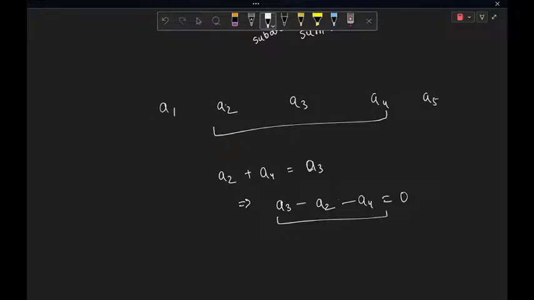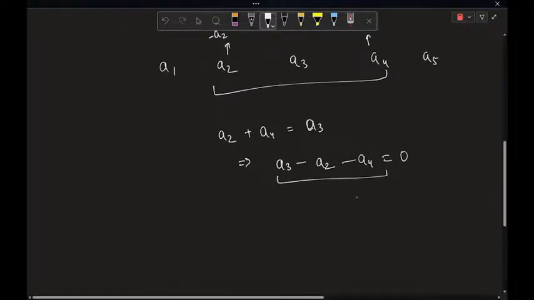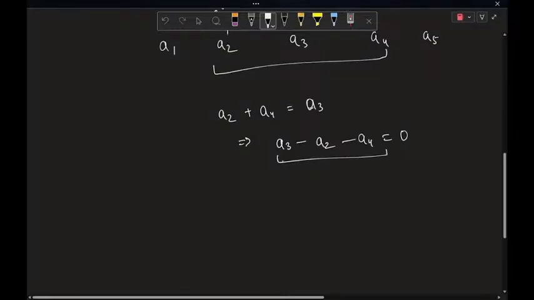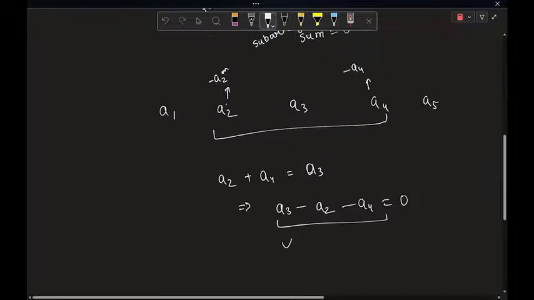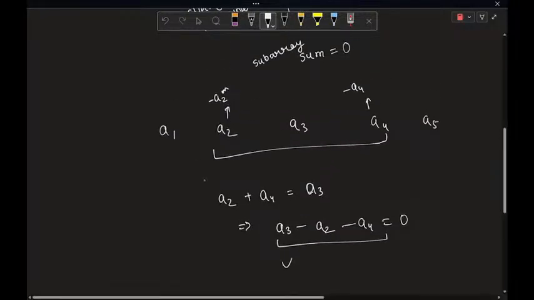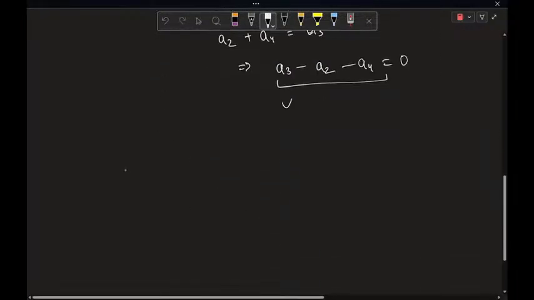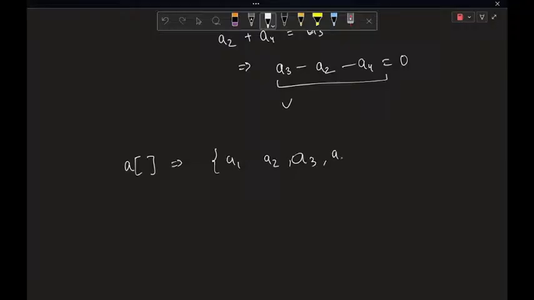So if I just replace all the even indexed elements by negative of their values, like A2 being replaced by minus A2, A4 being replaced by minus A4, now the problem has got converted into, let's say this was the array A where I had A1, A2, A3, A4, and so on. I will say that I have an array A dash in which,